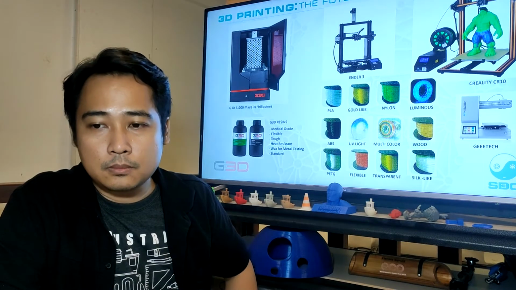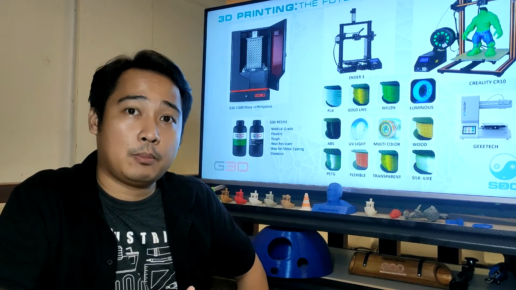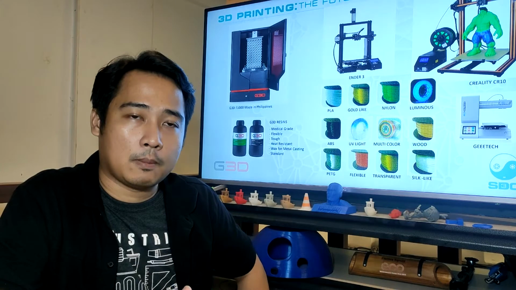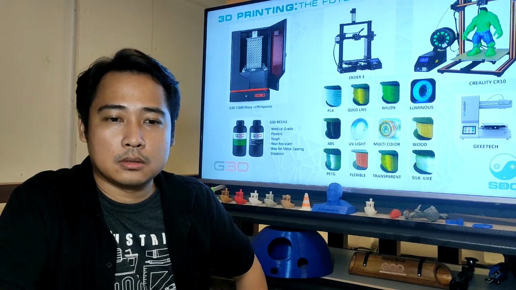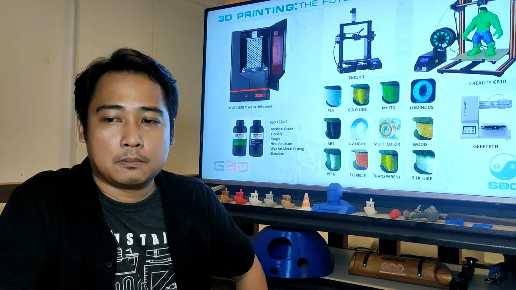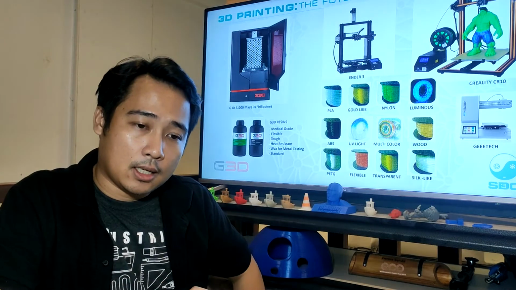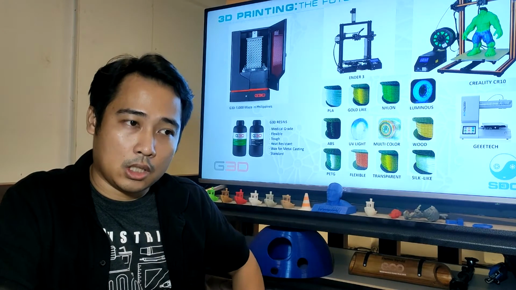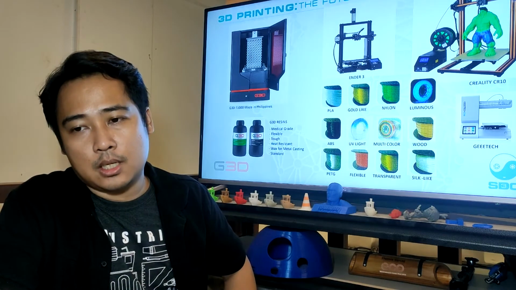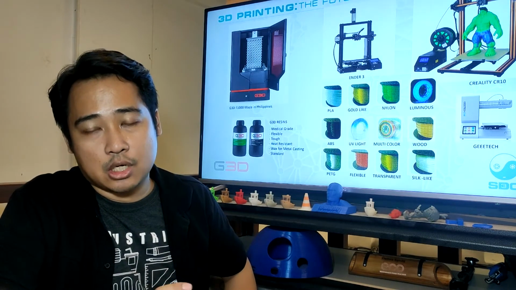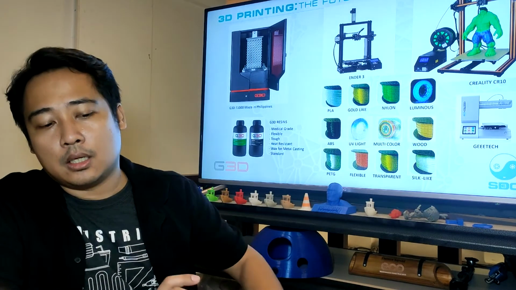So next is the UV light filament, where you put your prints under the sun, and it will change the color of the filament